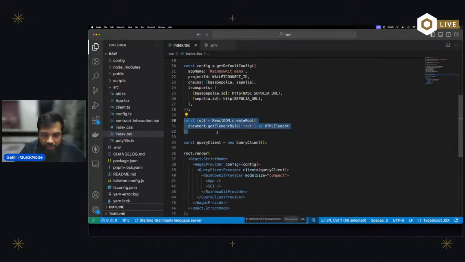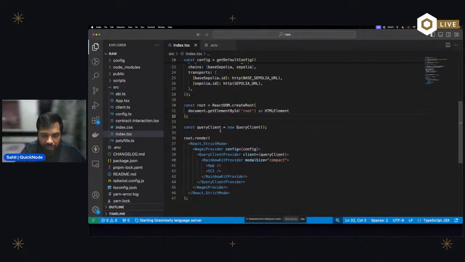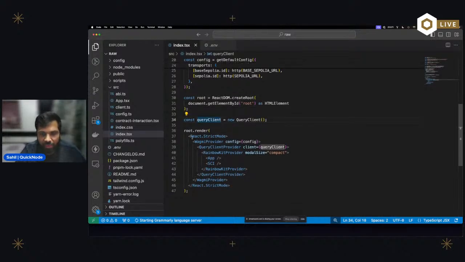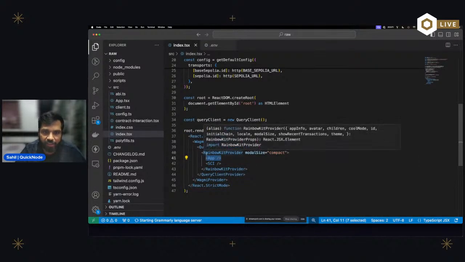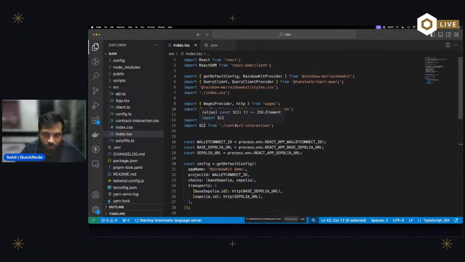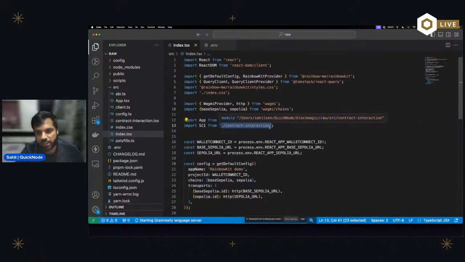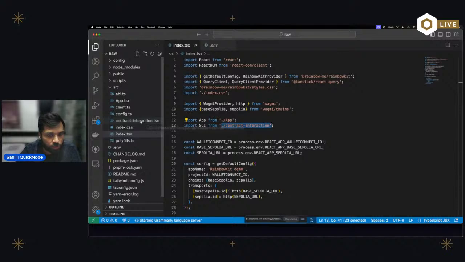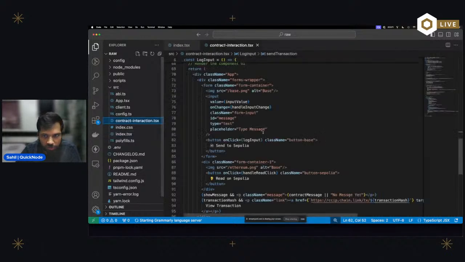And then we are getting the root of the application by ID for the React DOM and query client. And then we are rendering the entire page, which is first the app, which is the RainbowKit app, and then SCI, which is our smart contract interaction application, which contains all the logic for our smart contract interaction. So now let's go to our SmartContractInteraction.tsx,